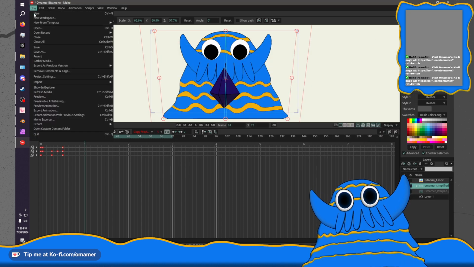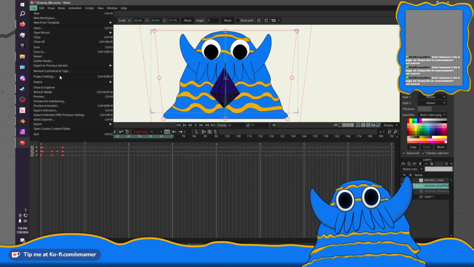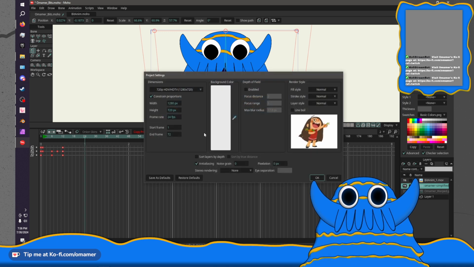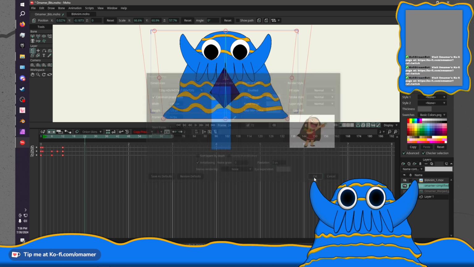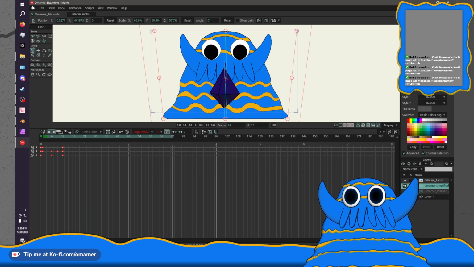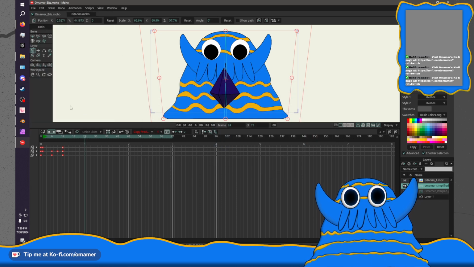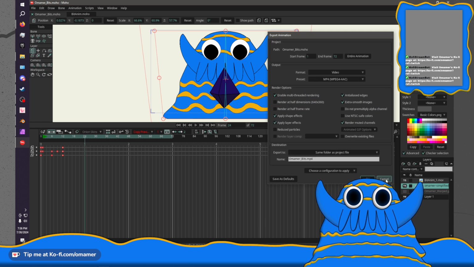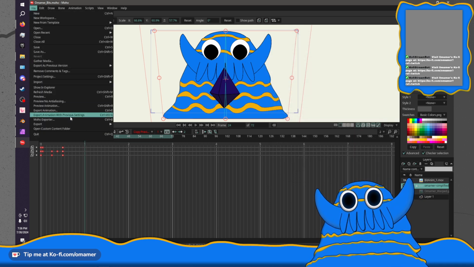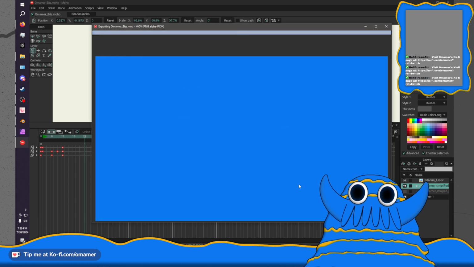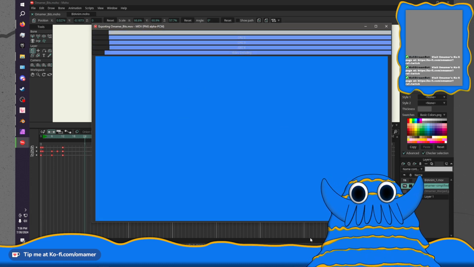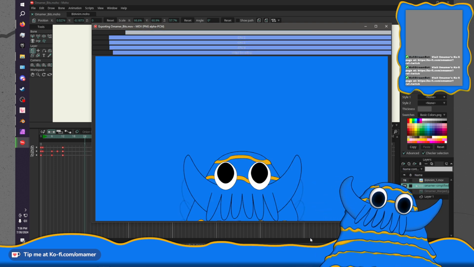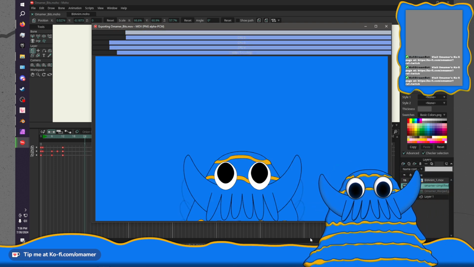And then I'm going to come back in here, project settings, and we're going to just grab the color of the body again, save, and let's, one moment, I can do export with previous settings. And this will take a while to render, but that's okay. That looks a little better, actually.